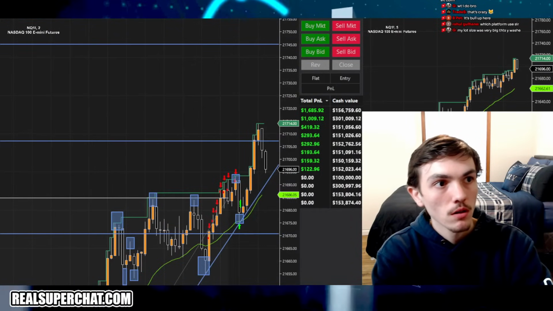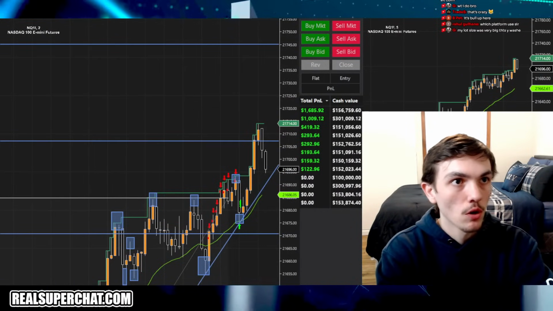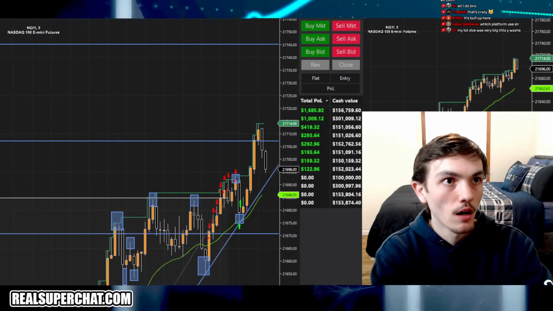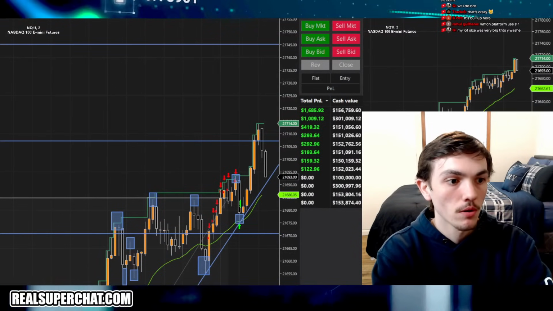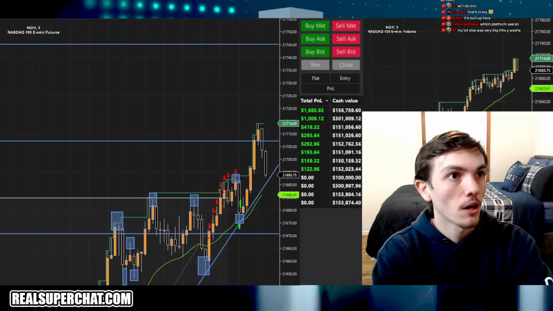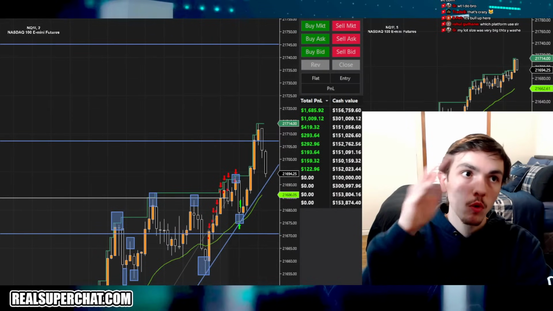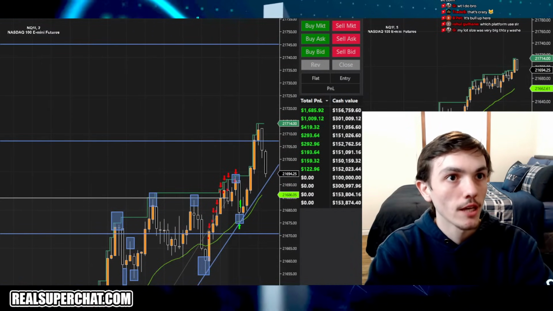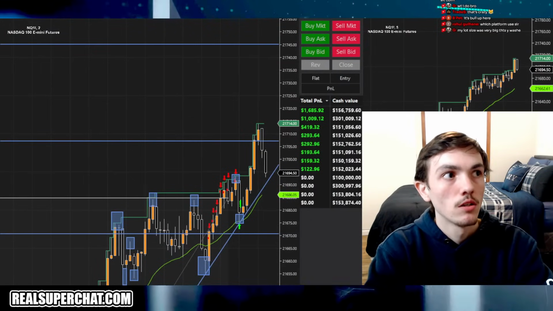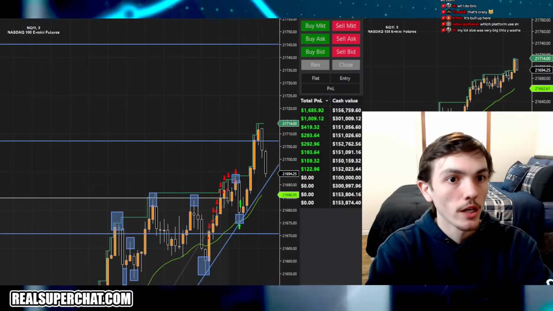So far, NQ has risen only 150 points since market open. This can go a lot farther up. That's why this can continue grinding up all day. Do I think we're getting a pullback? Probably to the VWAP, yes, I do. But this could keep pumping up, guys. You cannot keep fighting trend.